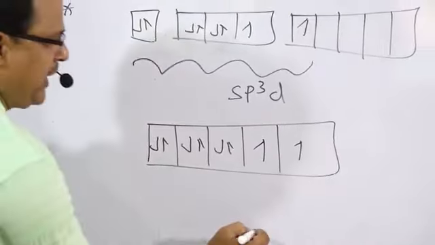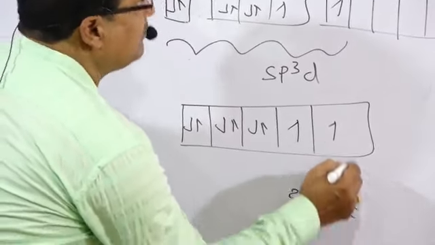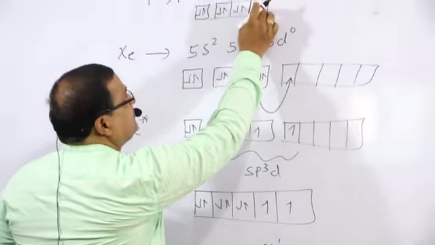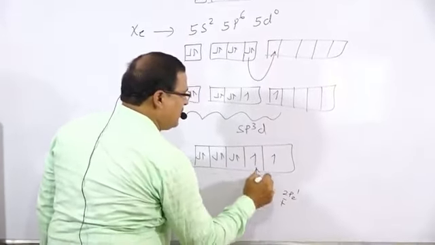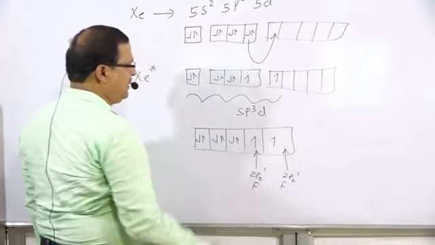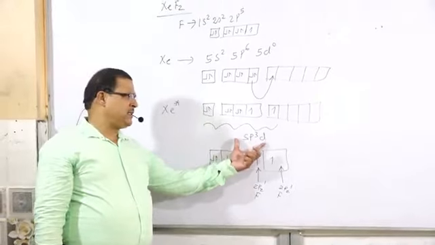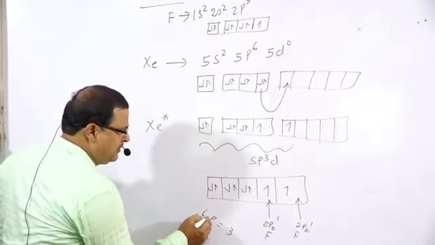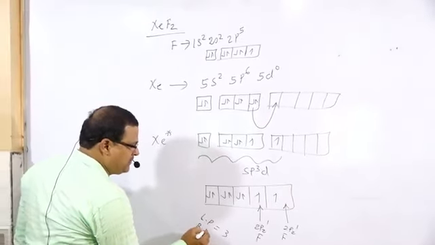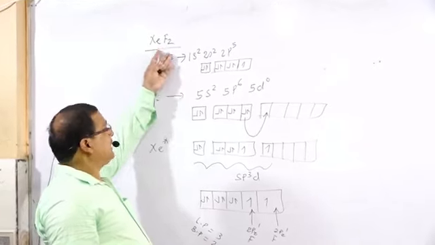So the 2pz1 of each of the two fluorine atoms has the ability to form a bond by mutual sharing to form xenon difluoride. So that is sp3d hybridization. The number of lone pairs is 3. The number of bond pairs is 2. So this is regarding xenon difluoride.